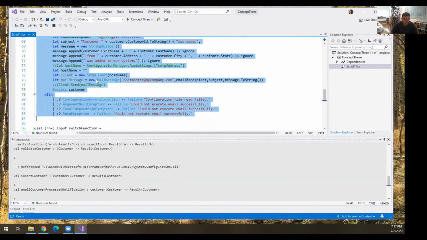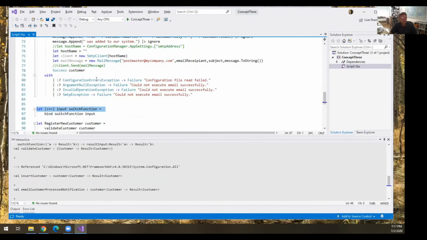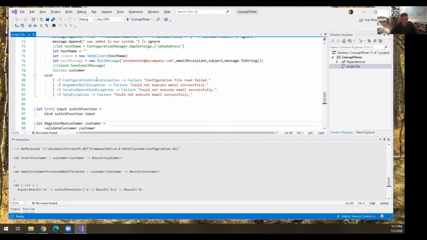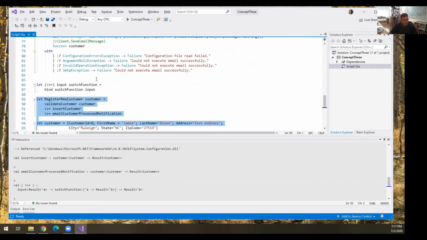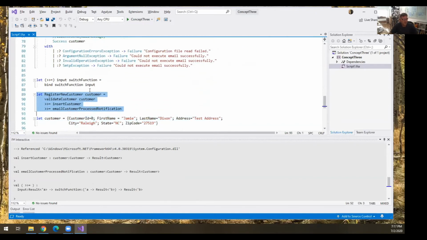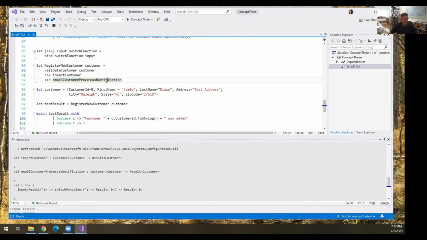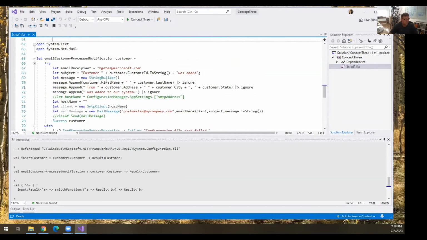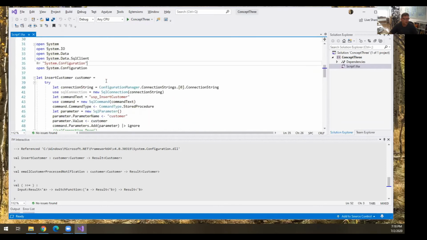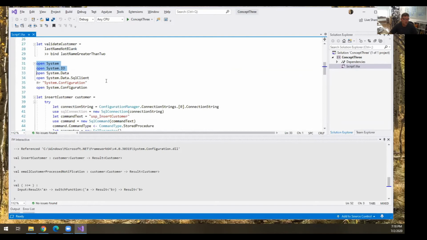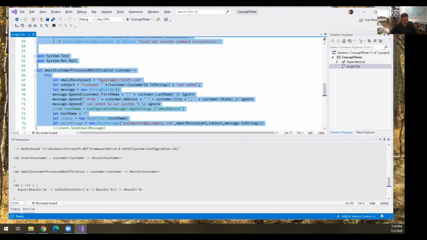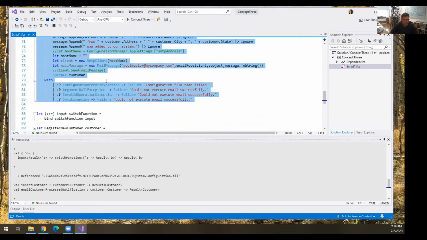So in a typical business application, oh, and then I also, functional people love infix operators. They have the Elvis infix operator. They have the TIE Fighter infix operator. Here's another infix operator that basically is the same thing as bind, so it looks cooler when you write it. But so here we go. I'm going to register a new customer. I'm going to pass the customer. The first thing I'm going to do is validate them. And then if we're on the good track, we're going to insert them. And if we're still on the good track, we're going to send an email out that everything worked fine. So then I'm going to highlight all that. I didn't highlight the secret connection. And the commented code out is just the actual, I literally lifted this from a system that we're using in production. So it's a lot of ADO garbage and stuff like that.